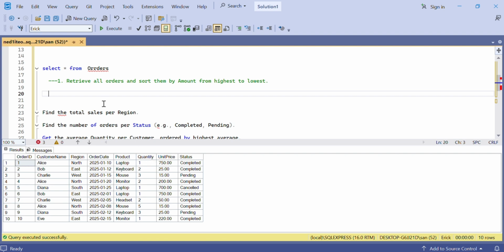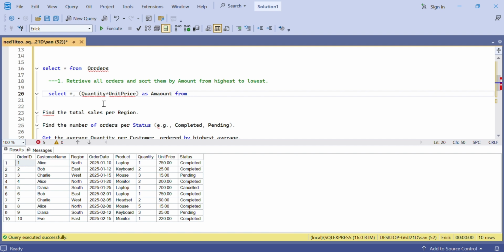So we can write SELECT star, and the amount is quantity, in brackets, quantity multiplied by unit price, and we call this amount